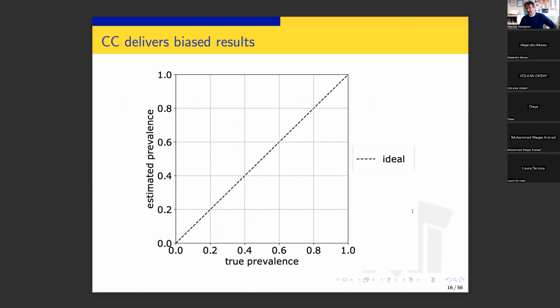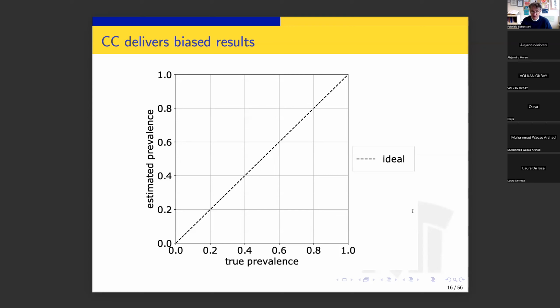I'll show you in a practical way how classify and count delivers biased results. Here in front of you, you have what in quantification is called the diagonal plot. A diagonal plot consists of the following. We take a quantification system and provide it with a number of unlabeled test samples, characterized by different gold prevalence values, and we ask it to predict the prevalence, and we plot the result